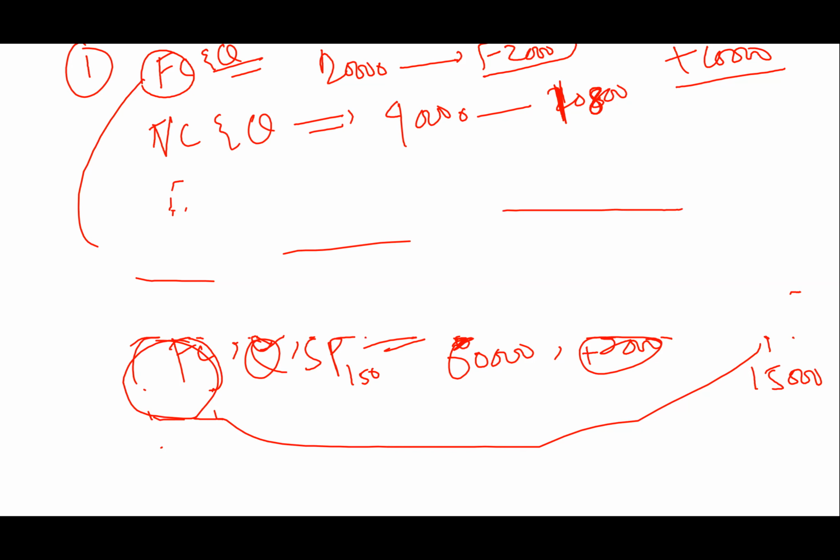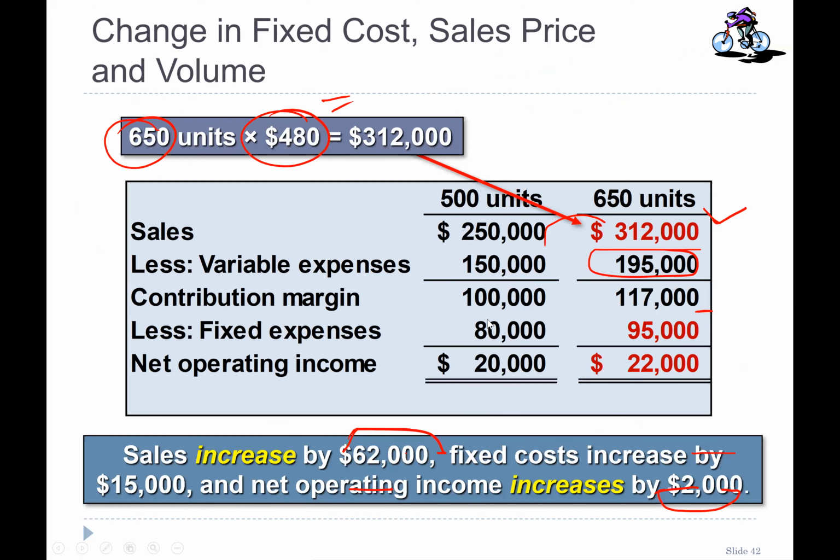Let's just go back to our slides and see one more time. So we have increased our fixed cost by 15,000. We saw, even though our sales are increased by 62,000, merely increasing 15,000 on your fixed cost is having a huge impact on your